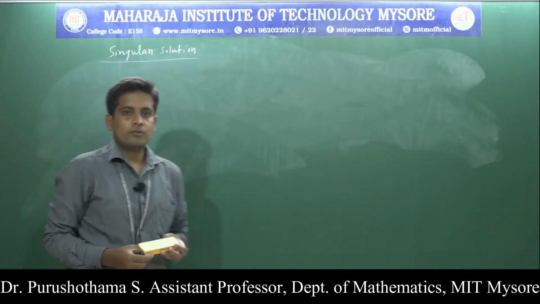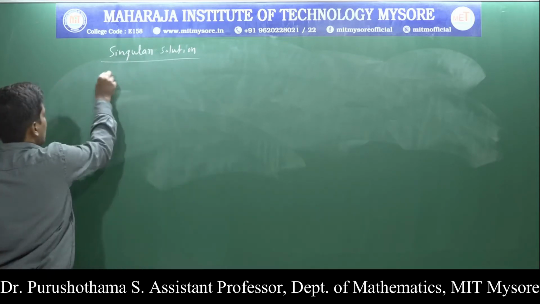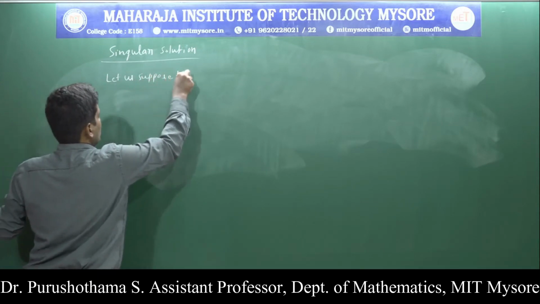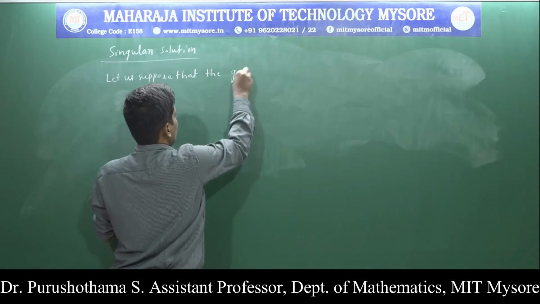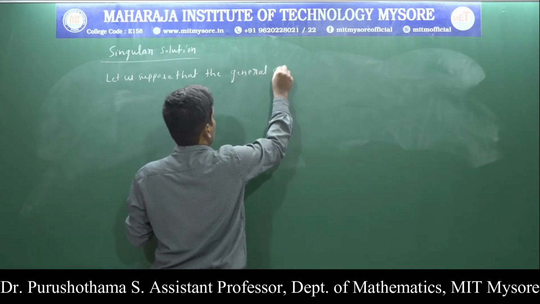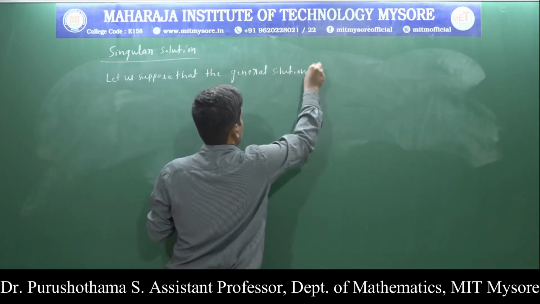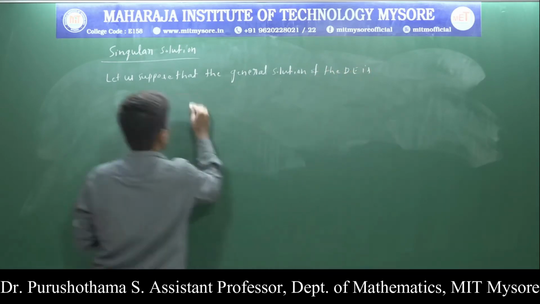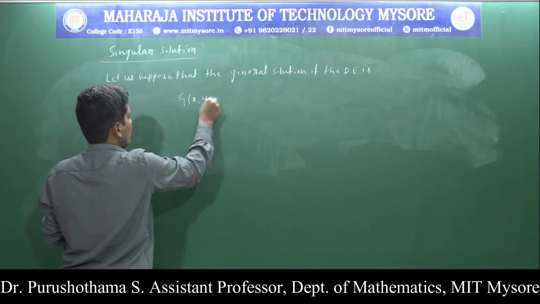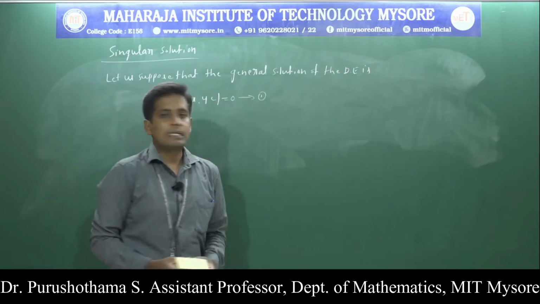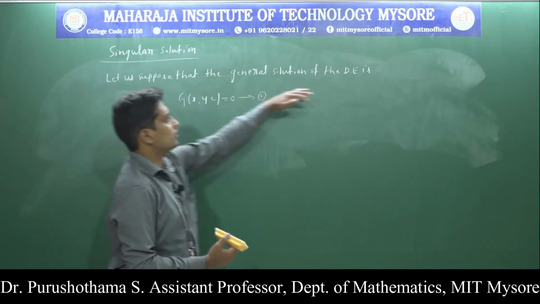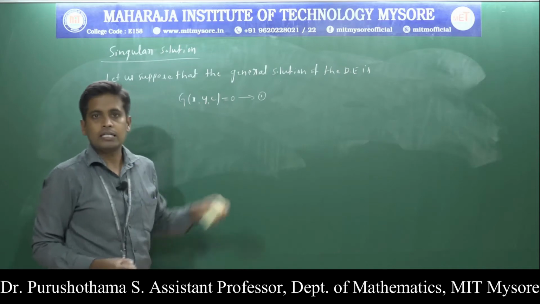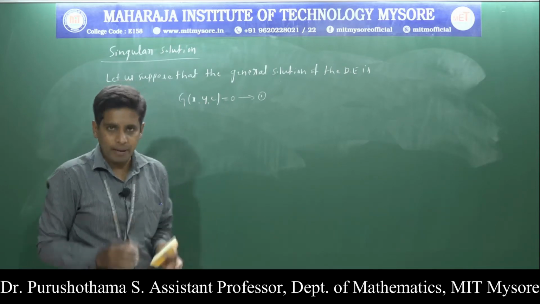Let us suppose that the general solution of the differential equation is g of x comma y comma c is equal to 0. In this equation, treating c as a parameter,